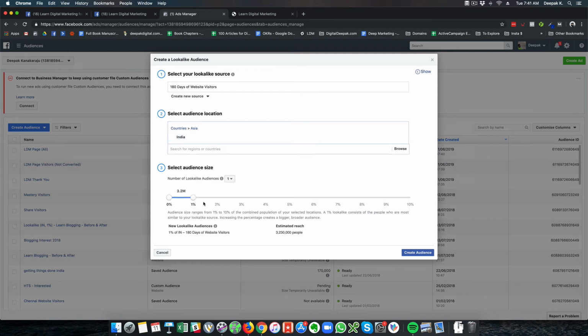What Facebook basically does is look at the characteristics of the people who have visited my website. Let's say all the people who have visited my website also have interests in digital marketing. Then Facebook would try to find more people who are interested in digital marketing, and apply their own algorithm to build a bigger audience which is similar to the audience that you have already been getting on your website.